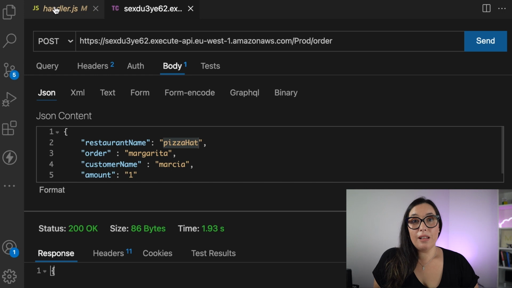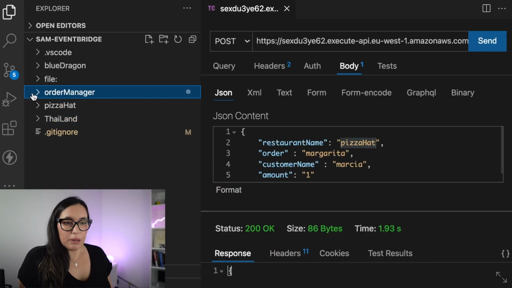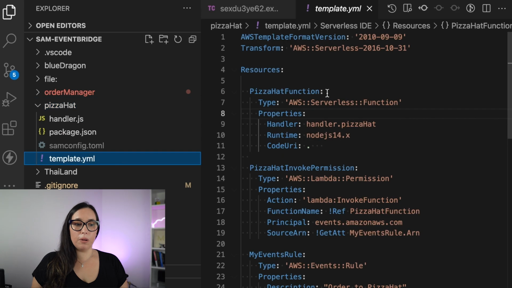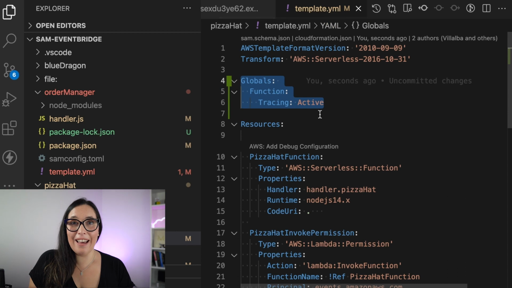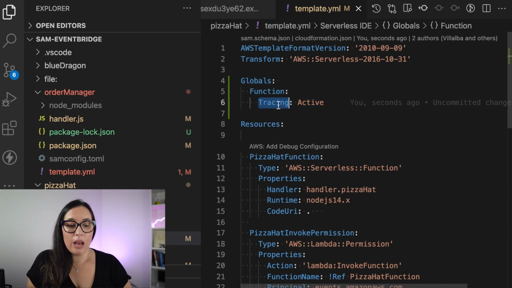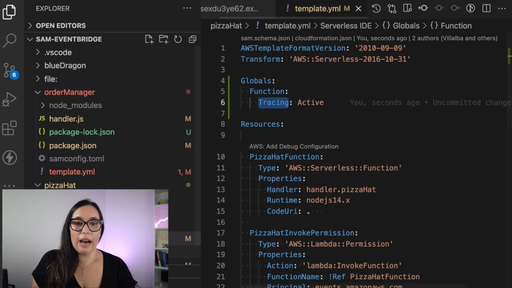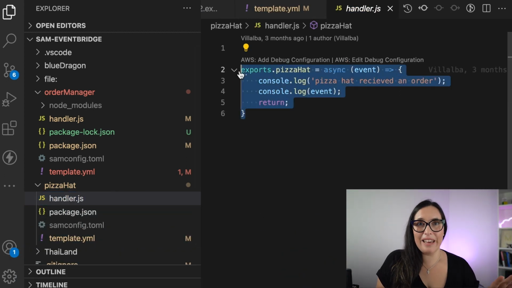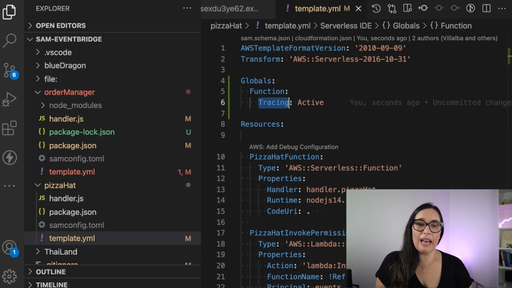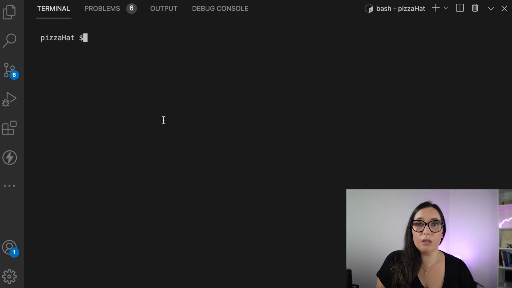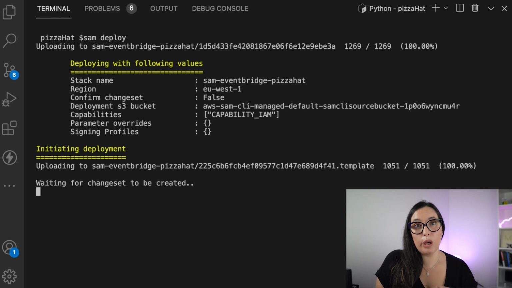This service I already deployed, but you can also deploy it for the first time here. This service is a super simple Lambda function that is invoked by EventBridge when there is a matching rule. And what I'm going to do is add another global that is enabling the tracing for this function. If you go to the handler, I will not add any extra instrumentation to it. No need, that function doesn't do much. So I will add just that into my Pizza Hut, and I will deploy it, and we can come back when this is deployed and see what happens in our